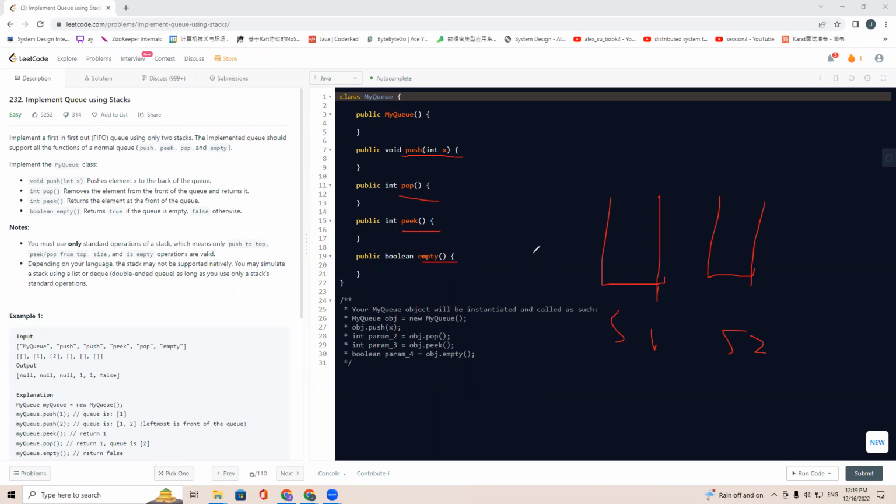So what we look at with these two stacks is that when we push an element, for example X1, we just push it to S1, and also X2, right? And X3. And when we try to pop,